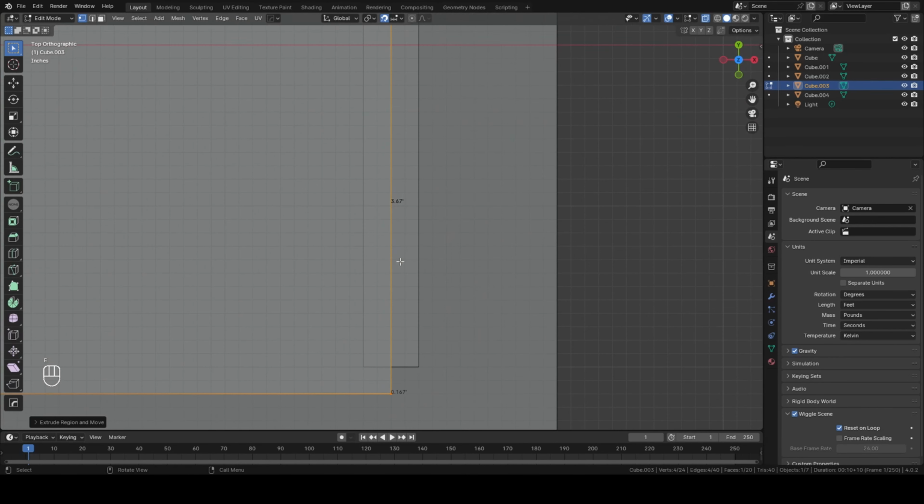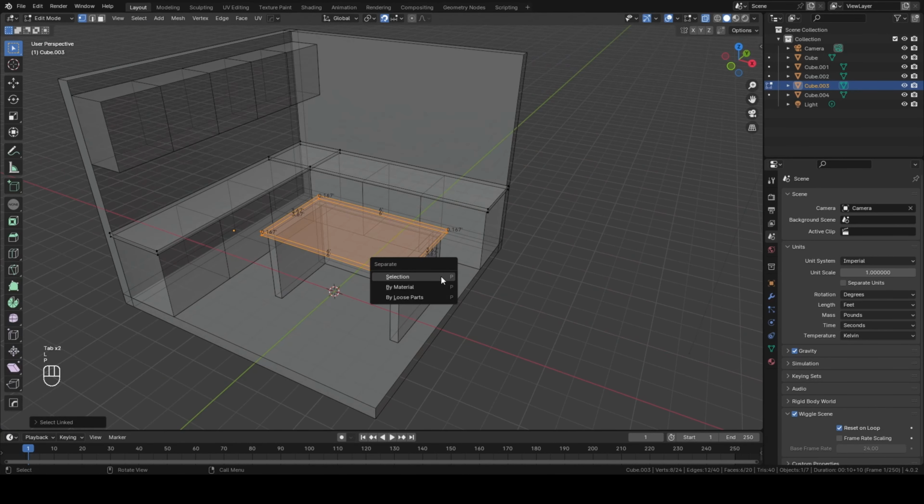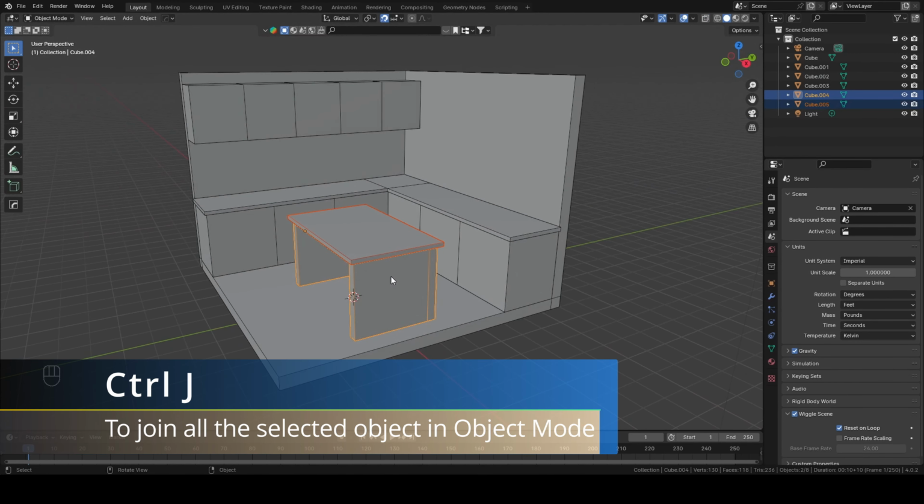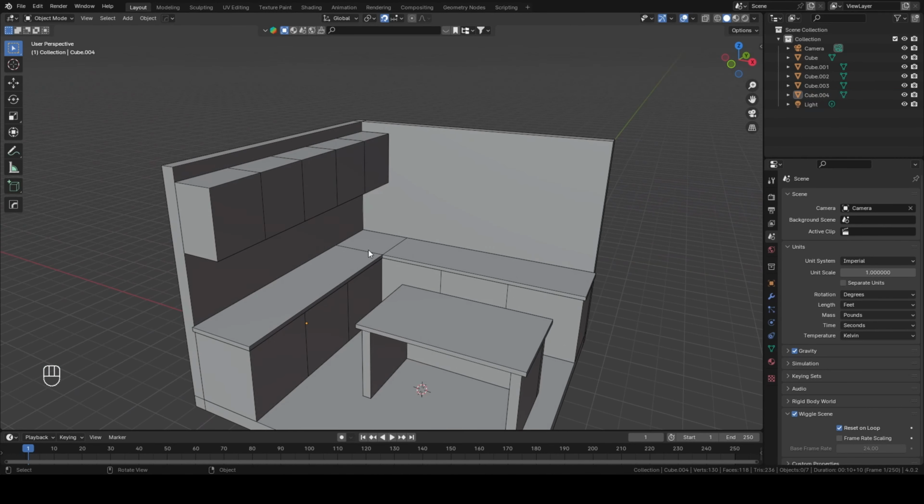So this is going to be our tabletop. Once again, hover your mouse on the tabletop, press L to select our mesh, and press P then Selection to separate parts. Select our tabletop and the table leg, press Ctrl J to join our meshes. So this is going to be our basic block out of our kitchen room, and then we're going to add